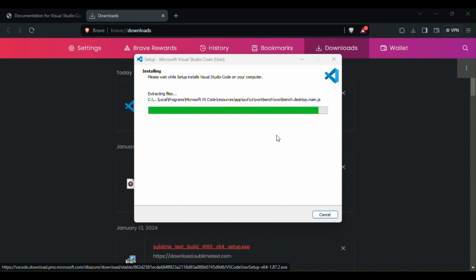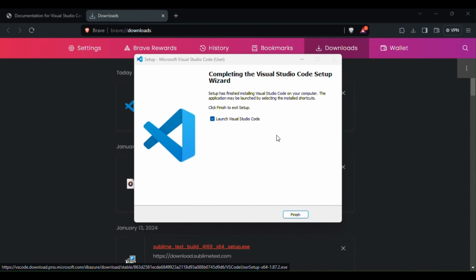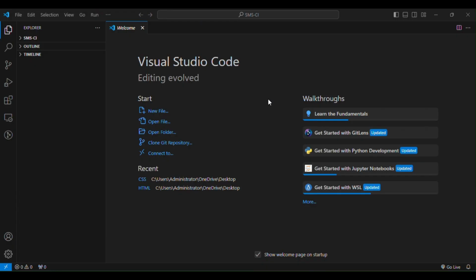By default, we'll be using VS Code and not Sublime Text as we have been doing. There we go. That's it. You can launch it. Click finish. Once your setup is ready, you will see the welcome page on the Visual Studio Code editor, depending on how your files are structured, but you'll be able to see such an interface so that you can proceed to start